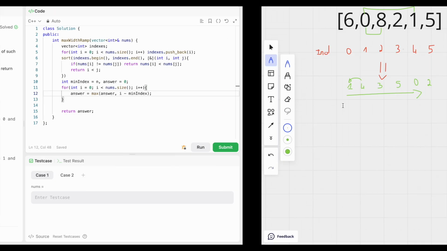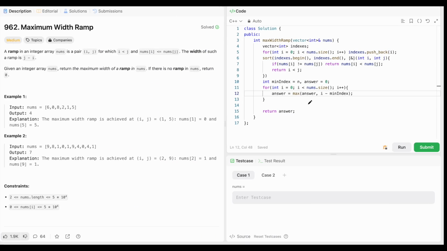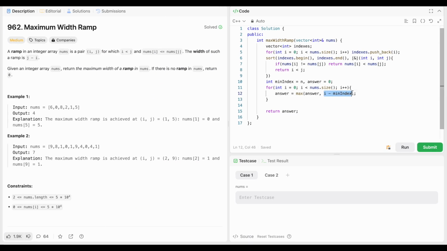I minus min index is the computation you are doing whenever you're moving, and in case this one is greater than the previous maximum, it will take over. That is why I'm using the max function. And then I just need to update the min index, so I'm going to take the min of the min index and